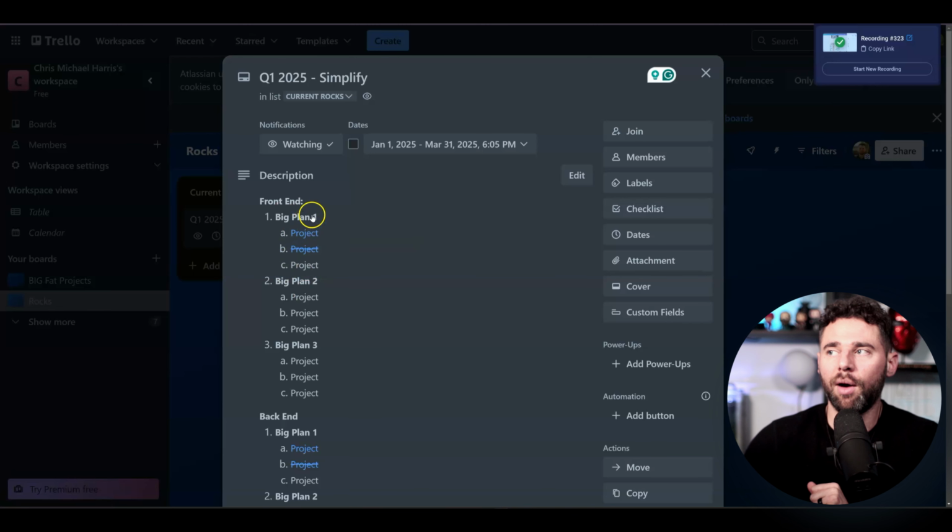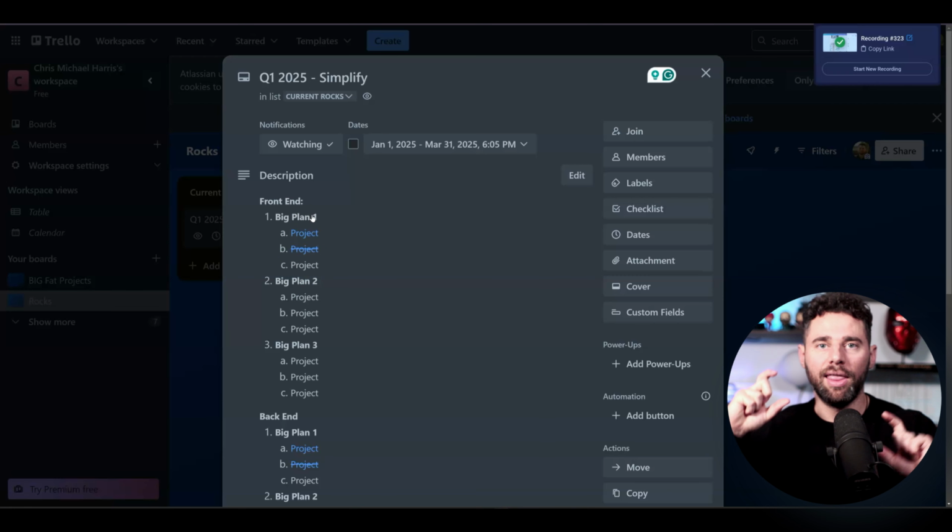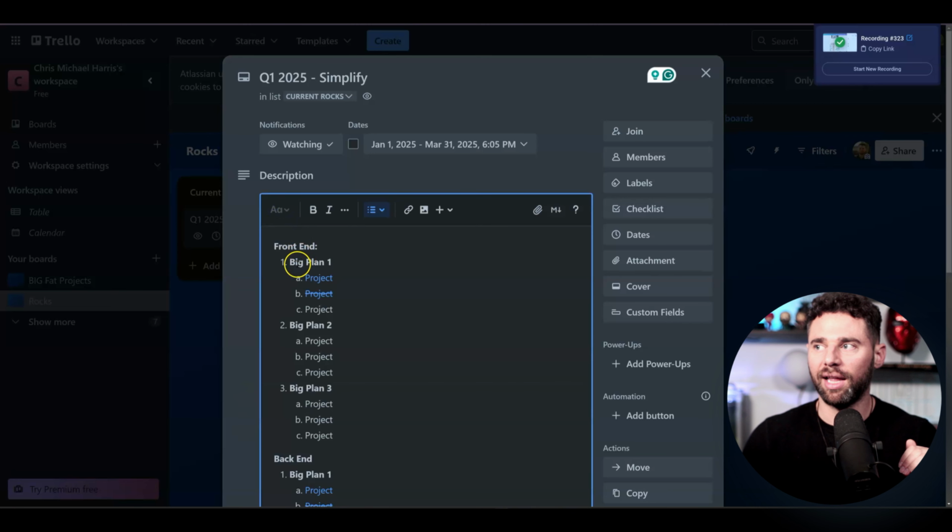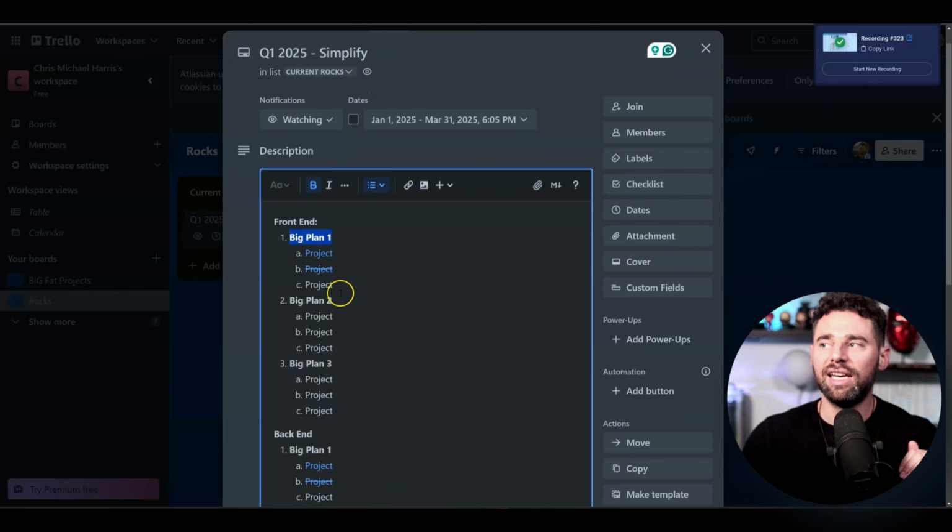So in line with that, what you're going to do based off your annual plans, you're going to pull what are the most important things? What are the big goals we have for the year? And then we're going to make that one size smaller and put them into projects, right? So here's the goal. Let's pull the goal here. This is our big plan, right? What are the things that need to happen so that plan can become a reality, right?